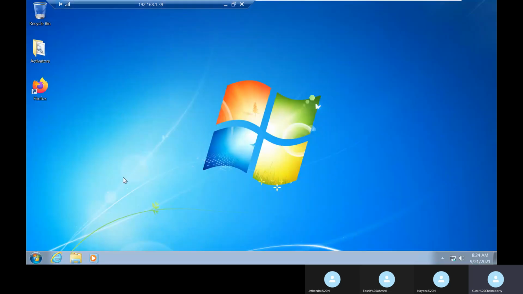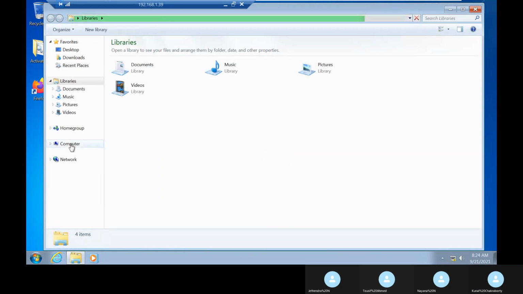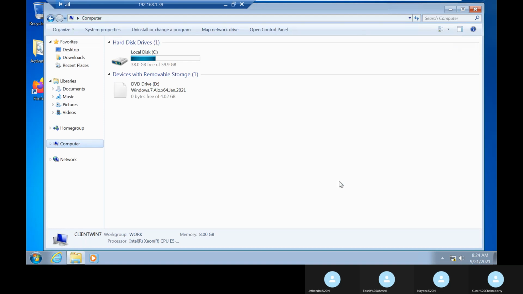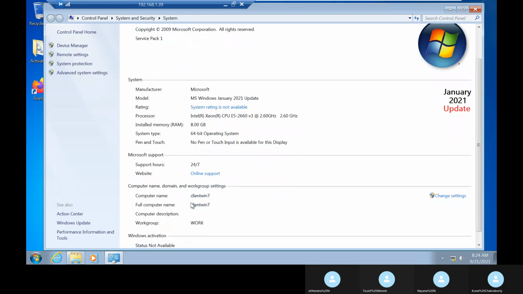So first of all, we will just join this Windows 7 to our DC. It's already joined, I guess. Let's see. Okay, it's not joined.